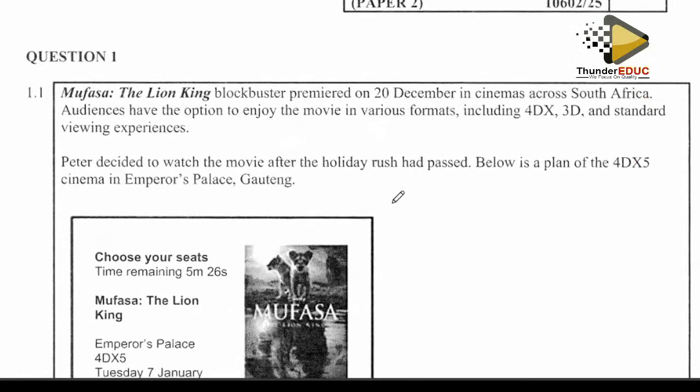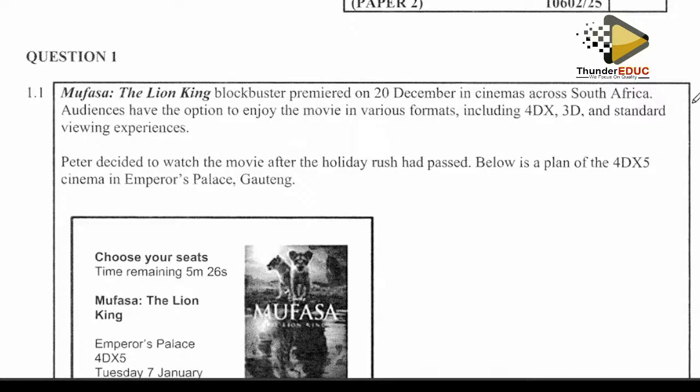Question number 1. Mufasa: The Lion King blockbuster premiered on 20th December in cinemas across South Africa. Audiences have the option to enjoy the movie in various formats, including